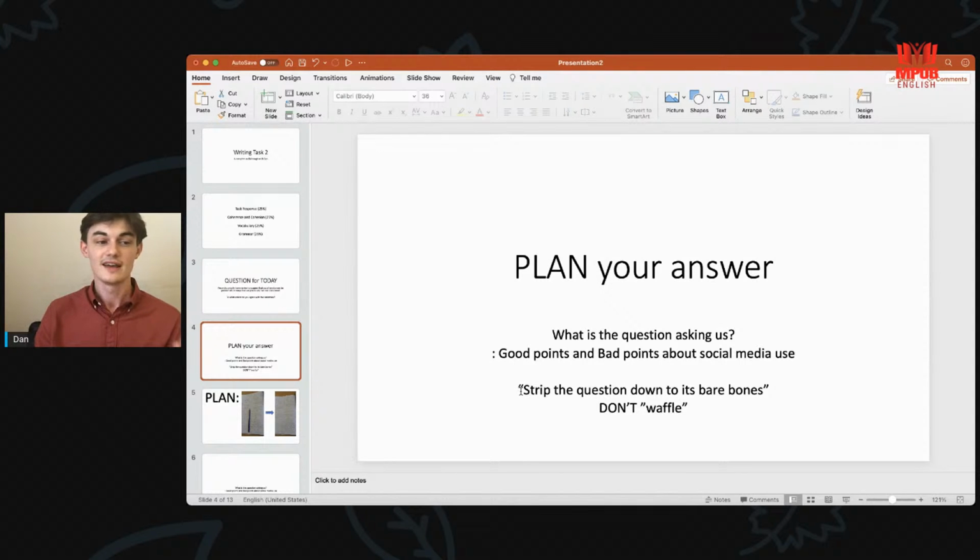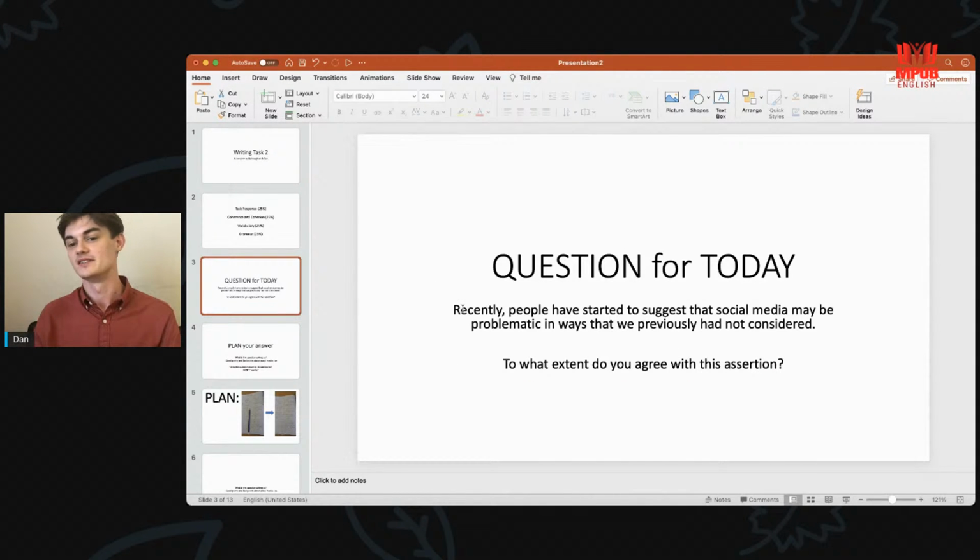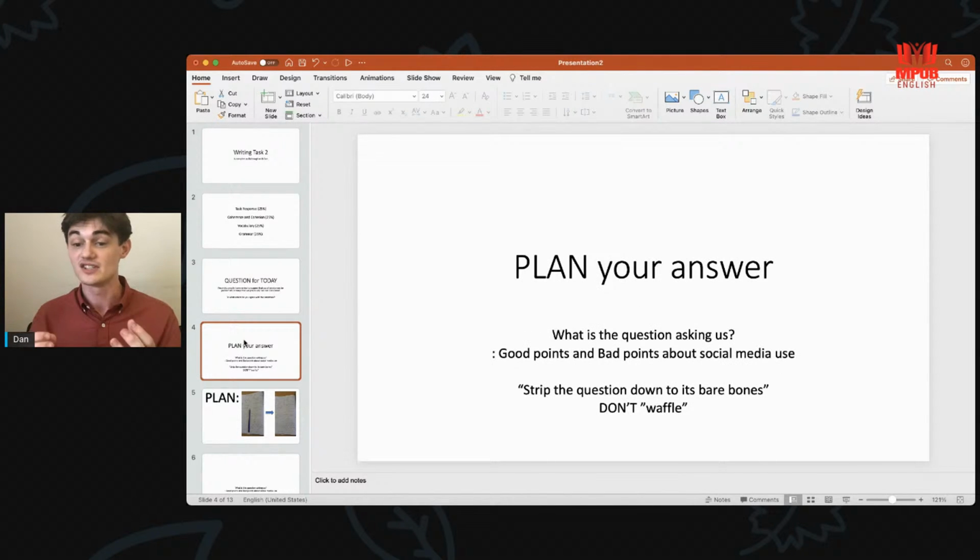Now, this is a very idiomatic English expression. It basically just means to peel back the layers of the question, get rid of all the rubbish around it, and find out what it is actually asking you. So our question is, recently people have started blah, blah, blah, all these complex words. It's really just asking you, is social media good or is social media bad? And so if we are to strip the question down to its bare bones, I would say, okay,